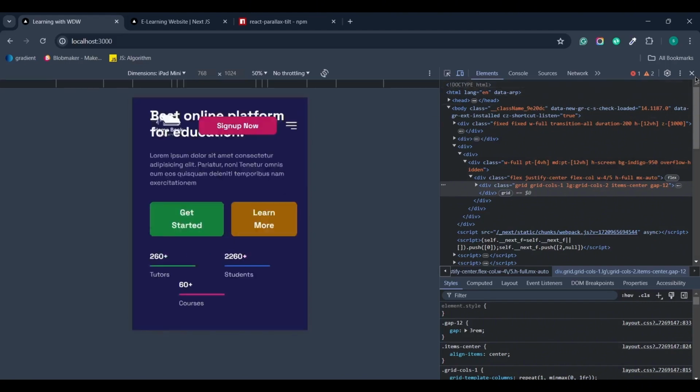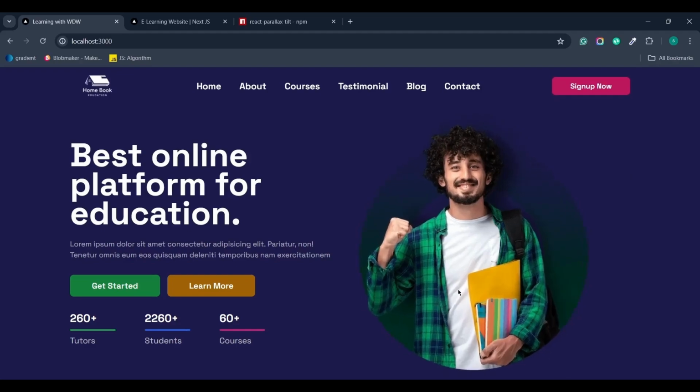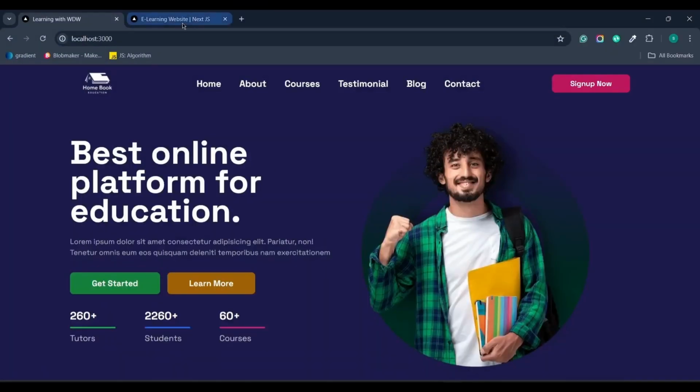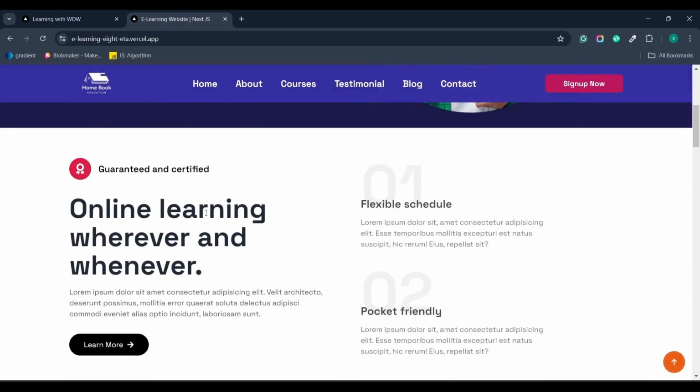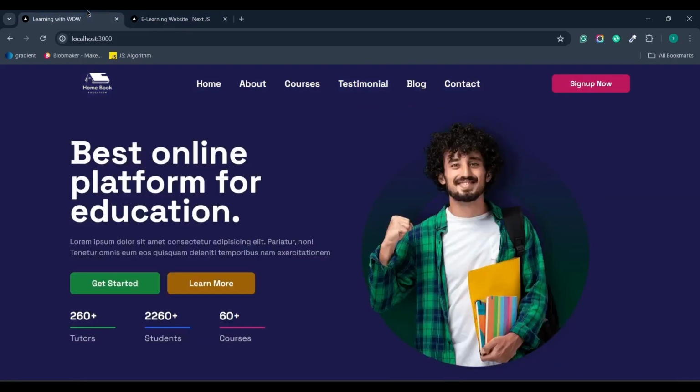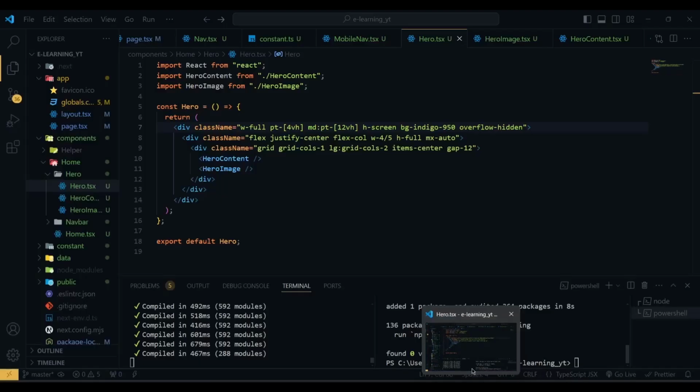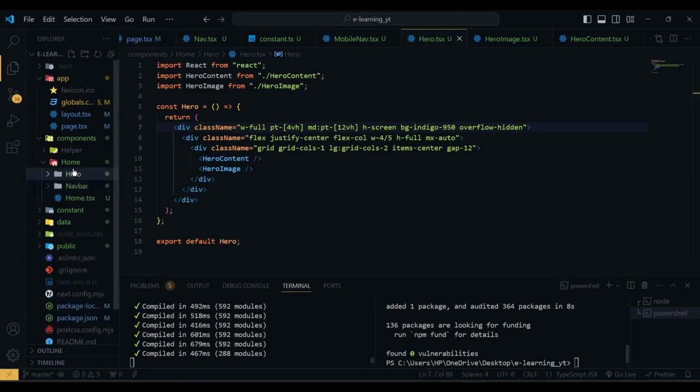So our hero section is completed. Next we are going to build the about us section. So you can see this is the about us section with beautiful design. So to build this I am going to create a new folder inside my home folder, and I'm going to